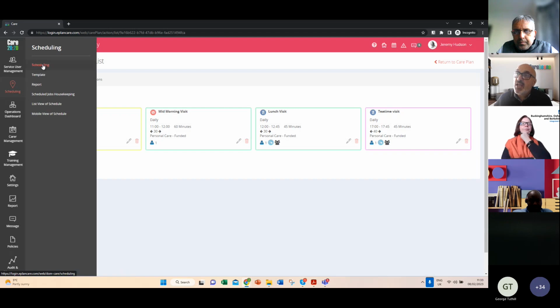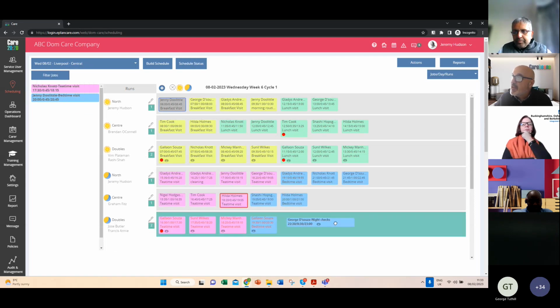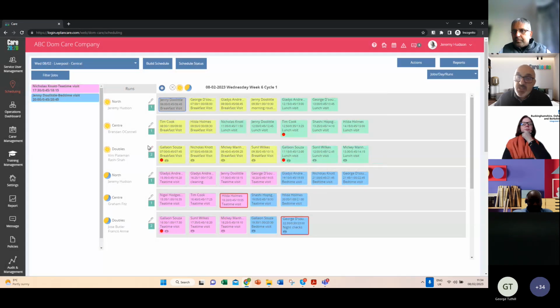We have a scheduling in here, which is your rostering. So here's my day's work. I'm based in Liverpool. This care has been provided in the centre of Liverpool. I'm actually in Stockport. These are jobs that need allocating. We've got runs in here. These are Jeremy, Brendan, these are the carers. It's all drag and drop to allocate, and then these jobs will be out in the